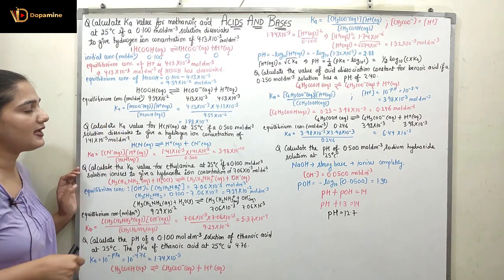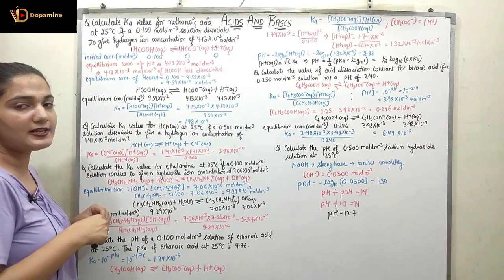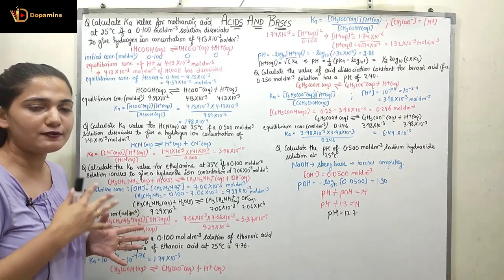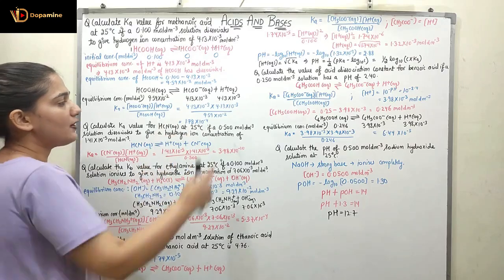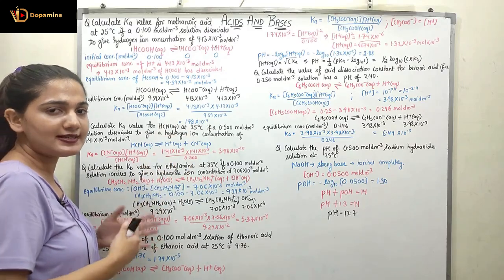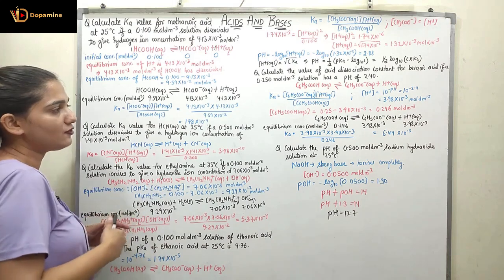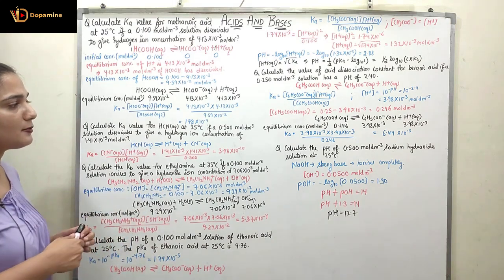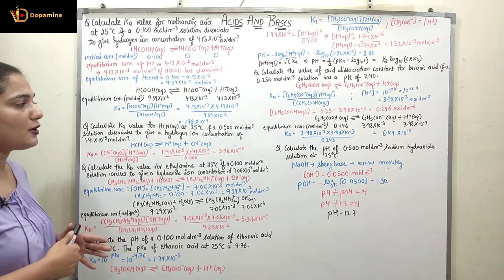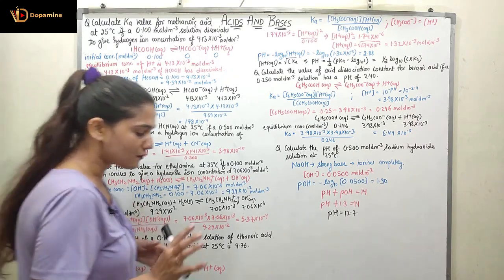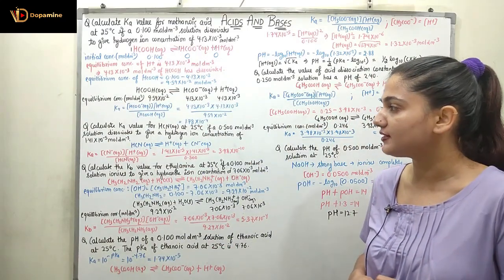So Ka will be equal to the concentration of HCOO⁻ in aqueous multiplied with concentration of H⁺ in aqueous divided by the concentration of methanoic acid in aqueous form. So we all know what are the concentrations at equilibrium. So 4.13 × 10^-3 multiplied with 4.13 × 10^-3 divided by 9.59 × 10^-2, that is 1.78 × 10^-4. So Ka has turned out to be equal to 1.78 × 10^-4 in this case.